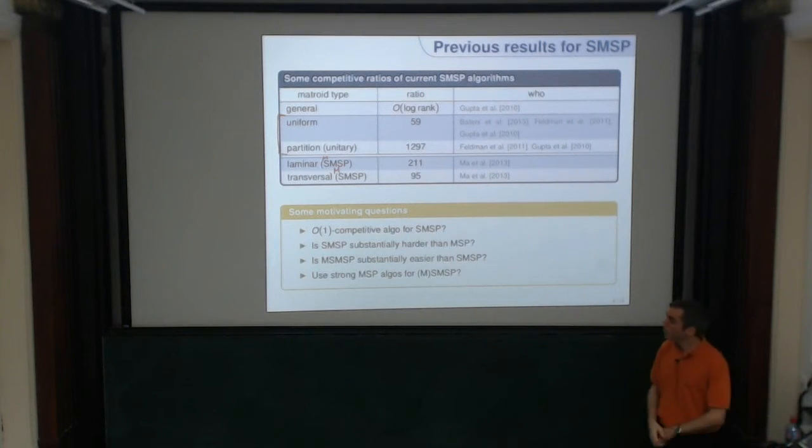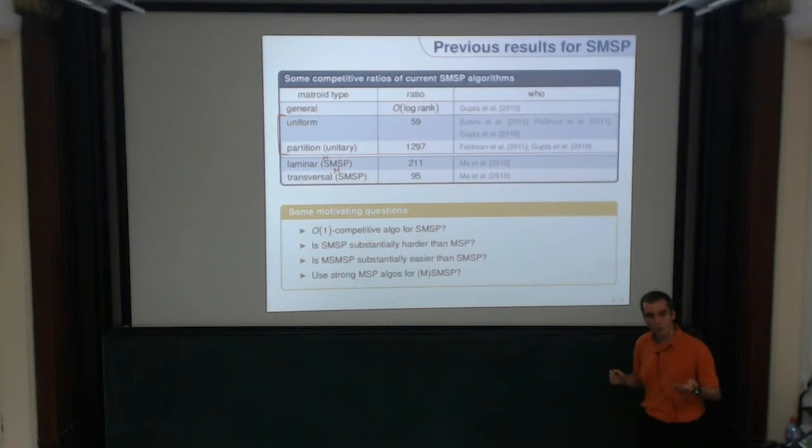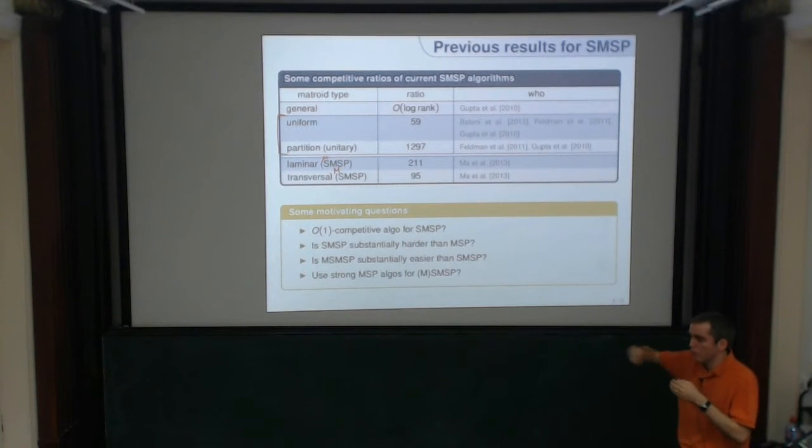Okay, so we wondered about the following. First, are there constant competitive algorithms for the submodular matroid secretary problem? Or is it possible that this problem may be considerably harder than the linear one? As I said, for the linear one, we still don't know a constant competitive algorithm, but people widely believe that one exists. And then I would also like to understand better the relation between the monotone submodular secretary problem, the non-monotone one, and the linear one. If the linear one is the easiest one, the monotone submodular one is the next harder one, and the submodular one is the hardest one, could it be that there is a jump in hardness somewhere in the chain of problems?